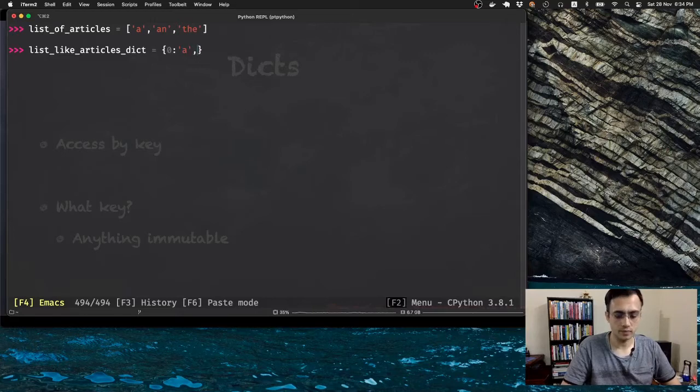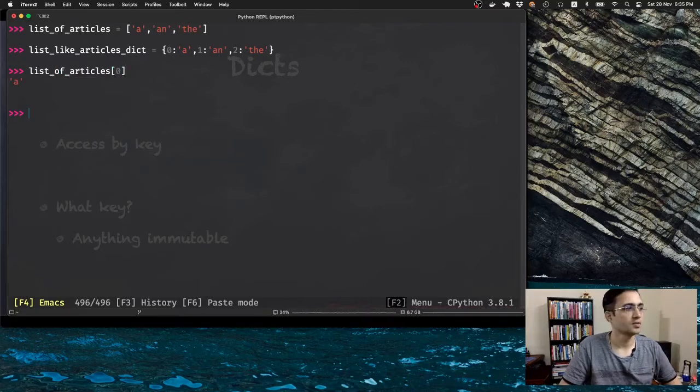Then I'm going to say 1 and an, and then I'm going to say 2 and the. Done? Both are here. Now if I do list of articles and if I do 0,